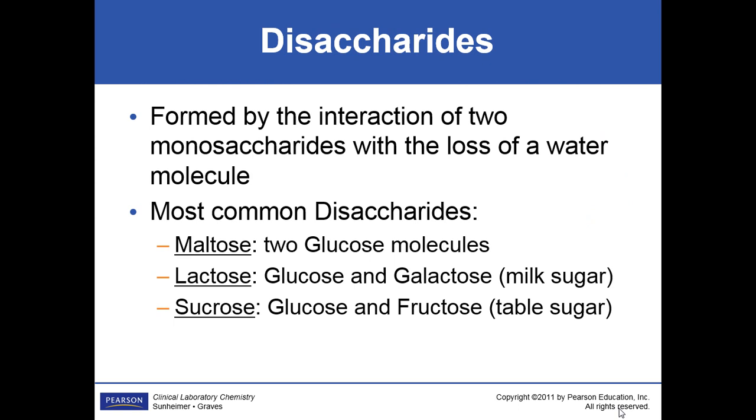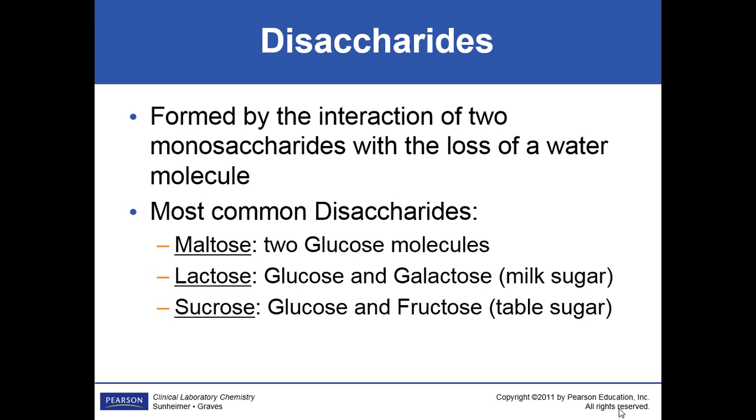The next level is the disaccharide. So the other one was mono. We just had 1. Now we've got 2. And this is where we take 2 monos and put together and make disaccharide. And you've probably heard that in literature or read about them. The most common ones are these 3. We do byproducts with sucrose. Supposed to be considered a glucose substitute, but it is glucose and fructose. And really that's what we call our table sugar. But we don't say table sugar anymore.